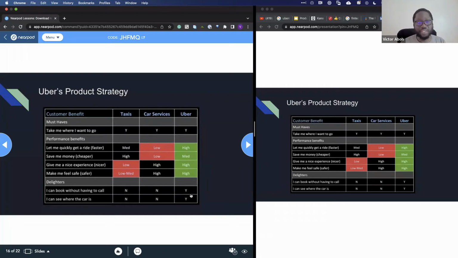team to solve, right? So if you can imagine, as a product team, your boss might tell you, hey, how can we create something where you can book without having to call someone? And so as a product team, you start to iterate and you start to think, okay, now mobile apps are really quick. There's GPS that's available. Can we combine GPS and this together to create an experience for the customer? And so we're giving problems, the customer benefits in terms of problems that they have, to the product teams instead of giving solutions to our product teams.